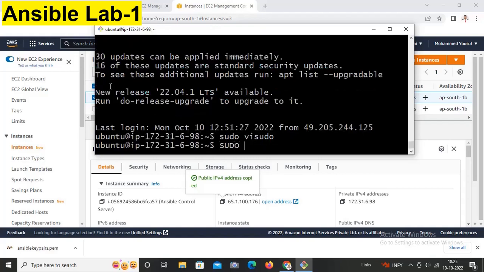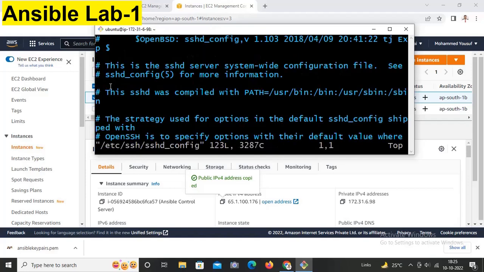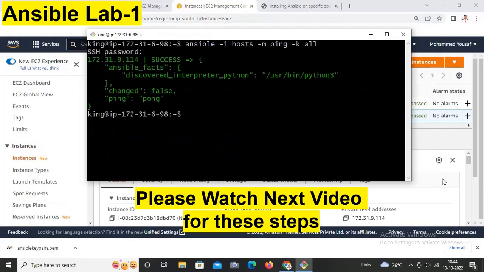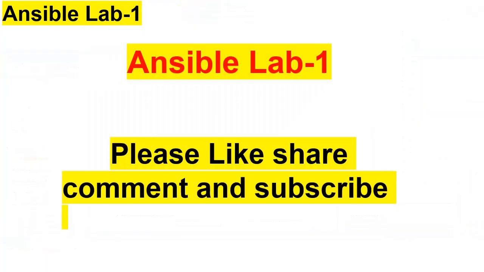Okay, and apart from that, you have to give full permission for logging in as this user king from anywhere. So for that, what you'll do is sudo, you need an editor, the vi editor. So sudo vi /etc/ssh/sshd_config. Okay, so in this file